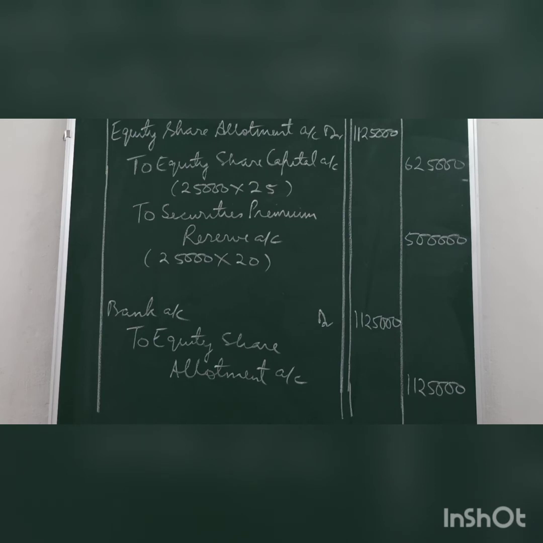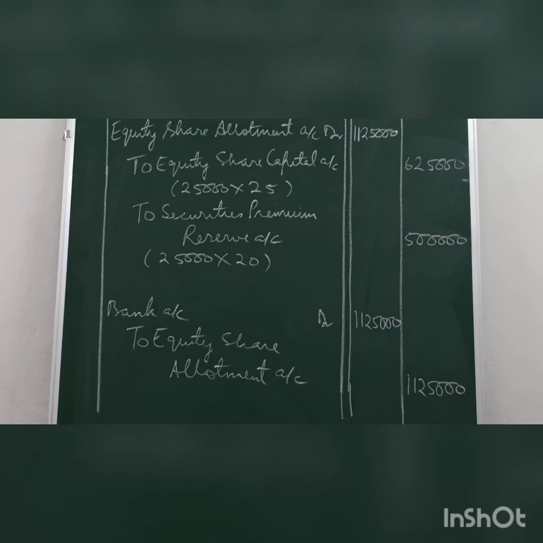You will not write equity securities premium, it is not written because it is not a type or kind of share. Since it is a liability, it will be credited as you can see in the journal. Narration will be being allotment money due on 25,000 shares at the rate of rupees 45 each, including premium at the rate of rupees 20 each.